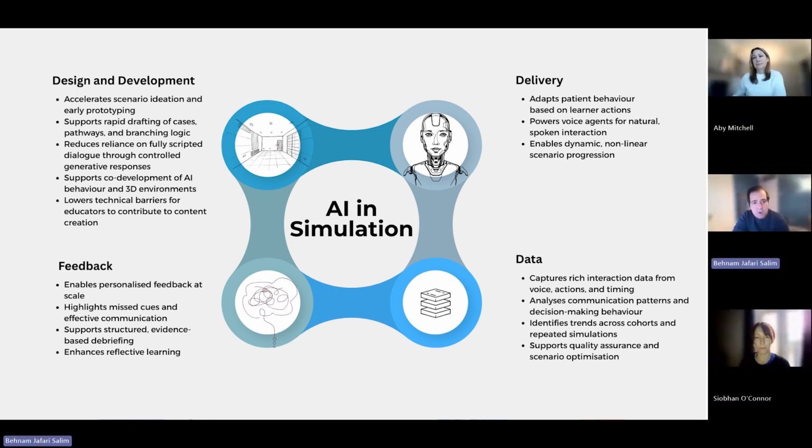And one of the projects that we're currently working on is around the use of AI simulation as a reflective and debriefing tool, actually to facilitate the thought process and provide feedback to students based on the quality of their reflection. And yeah,